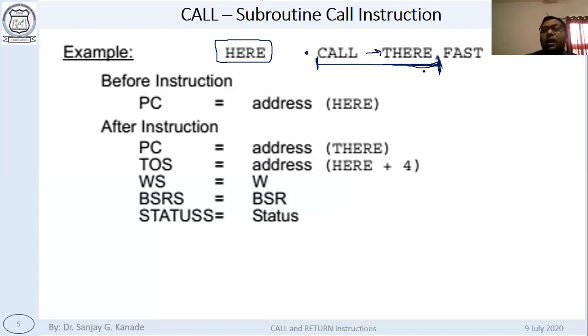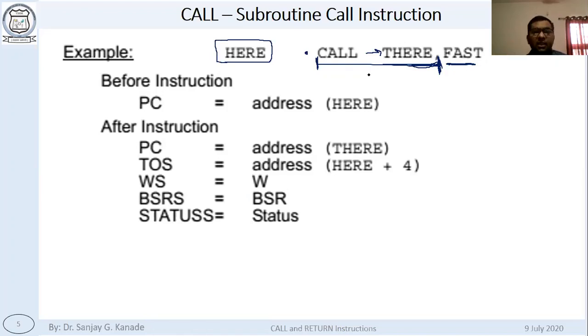Additionally, there is this parameter, fast. This fast stands for the S, right? I have told you that S stands for the fast mode. If you write fast here, it means S is equal to 1. If you don't write anything, it automatically means S is equal to 0.